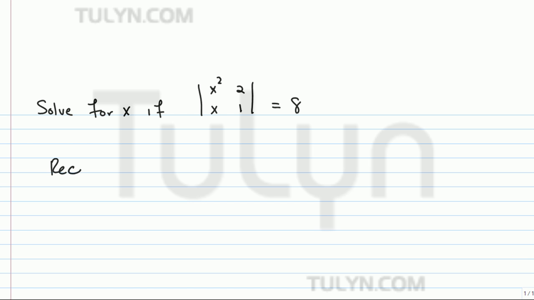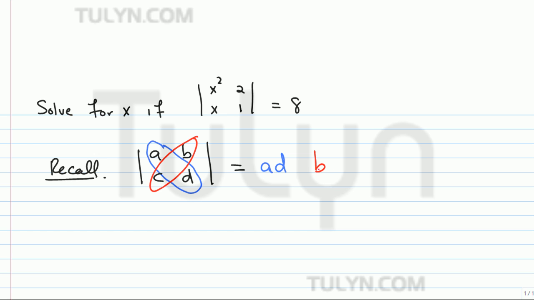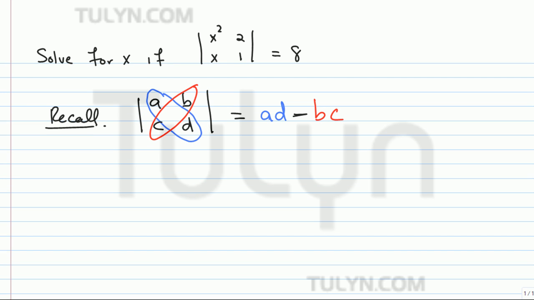Now recall, if you have a determinant a, b, c, d, the way you figure it out is first you take the cross multiplication of a and d, and then you take the cross multiplication of b and c, and you tie them together with a negative sign. So now, taking that,